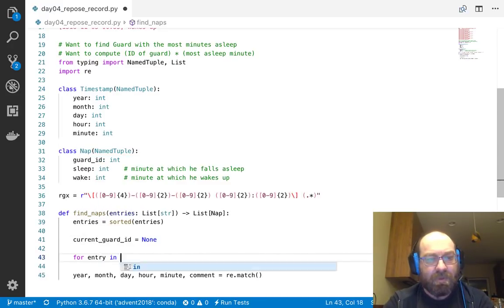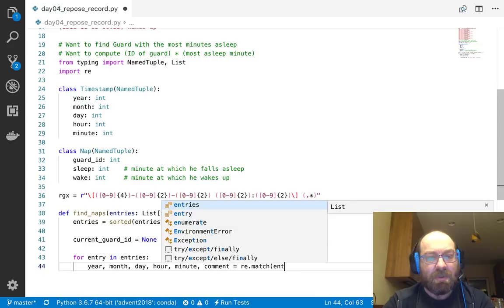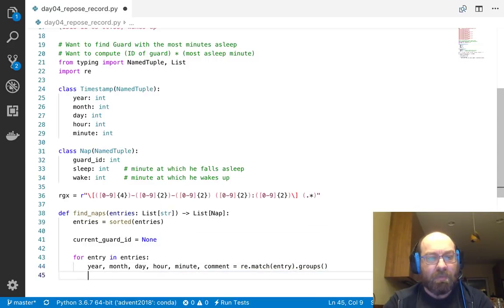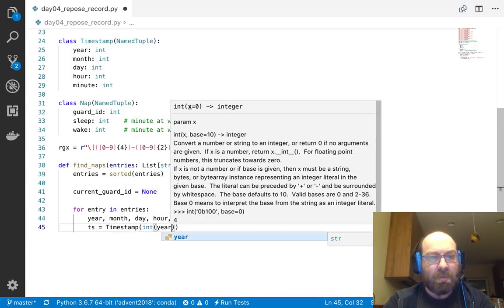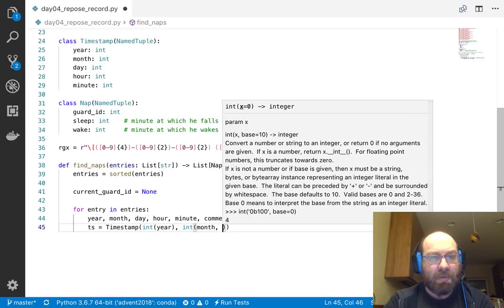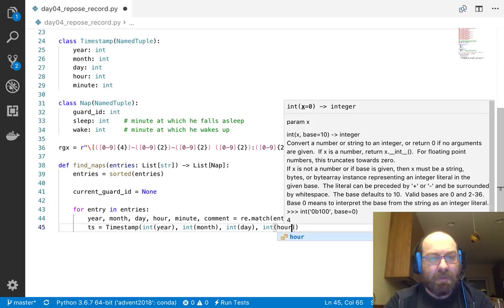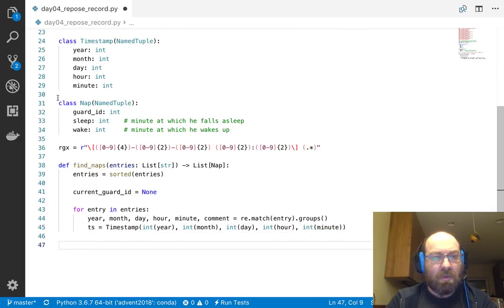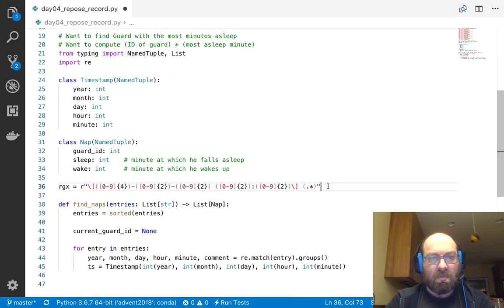Let's do for entry in entries equals re.match entry.groups, and then let's say timestamp equals, int year, int month, int day, int hour, int minute, and let's say